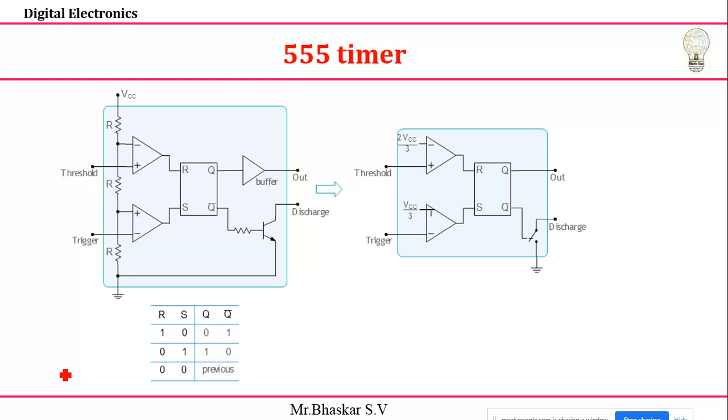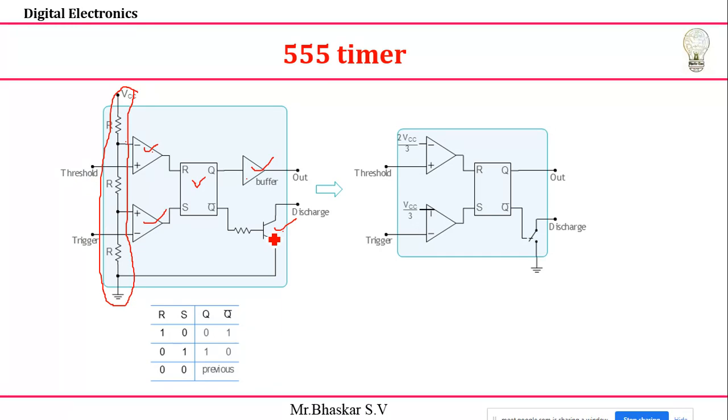First, you need to understand some of the components present here. By seeing this, the first thing you need to understand is that we have a voltage divider network. Next, you have an op amp, which we are going to use as a comparator, and you have a flip flop and buffer, and a transistor. So mainly we have 5 components in the internal structure of the 555 timer. First, we need to understand the usage of each component. If you understand, then you can easily go for the remaining cases.